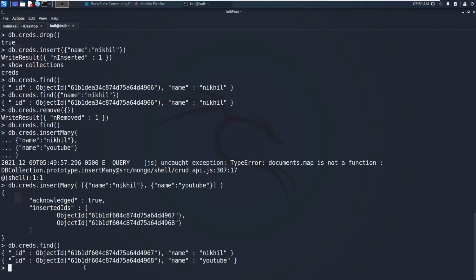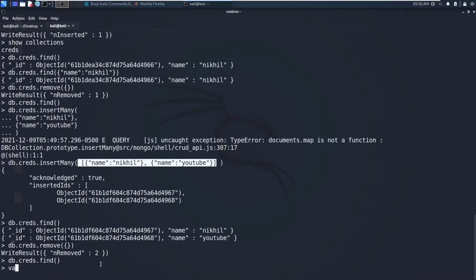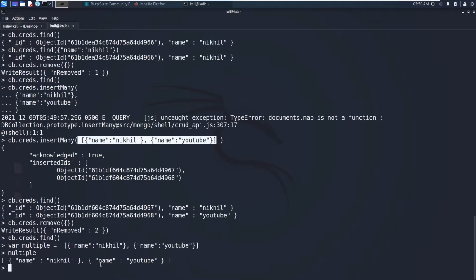You can also create a variable. Let's say var multiple is equals to. So you can just copy this one. So let's say db.creds.remove everything. Now let's say var multiple is equals to. So now multiple holds these values, you can say db dot creds dot insertMany of multiple.